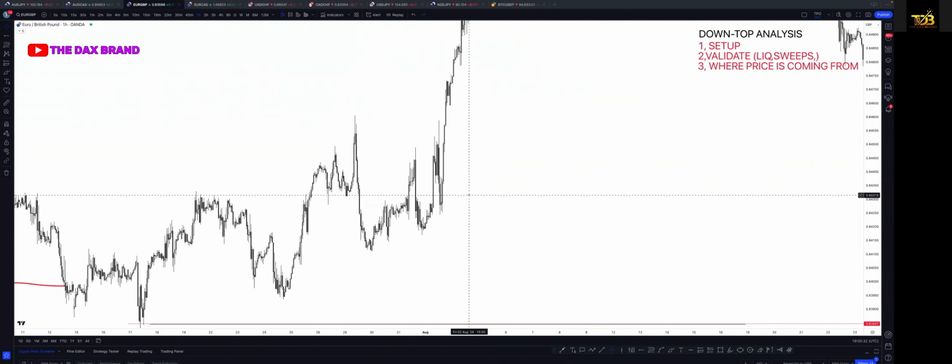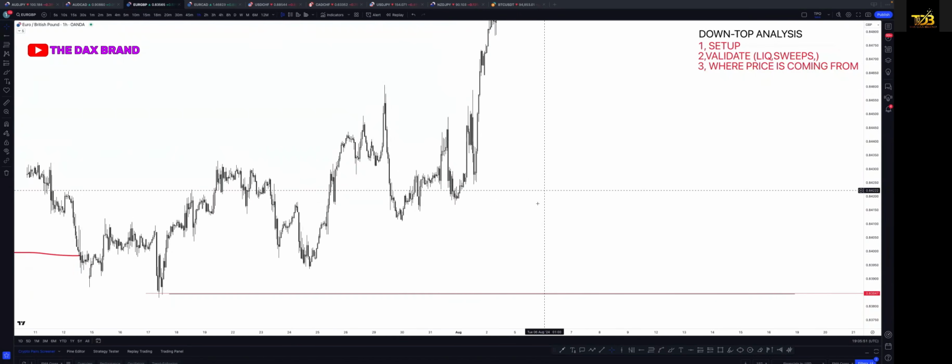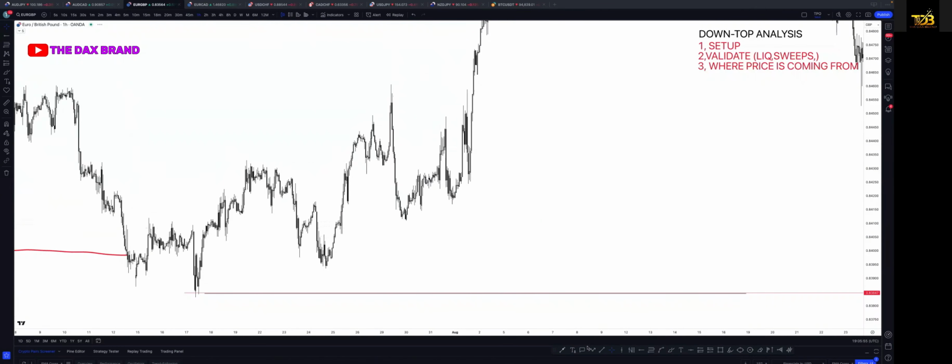And this is where putting it all together actually makes more sense, right? In the sense that now you're able to look out for these certain things and how to validate all of these things, then the higher time frame correlation, right? So now we can see that this is currently the discount zone according to the higher time frame. So that means this should be liquidity,